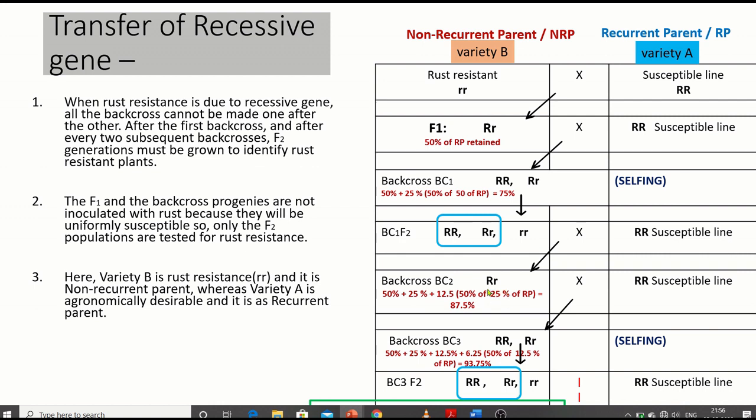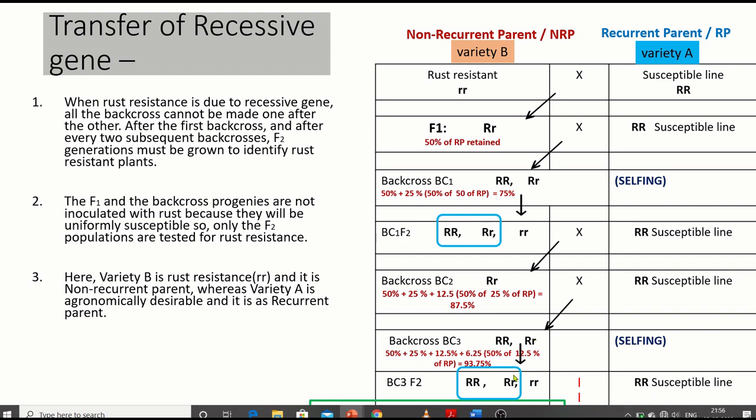And when the heterozygous capital R small r is crossed with capital R, it will produce the BC3 generation. And in the BC3 generation, this capital R, when selfed, will produce again the same thing. So we are going to discard these two and take this small r and go on, and the